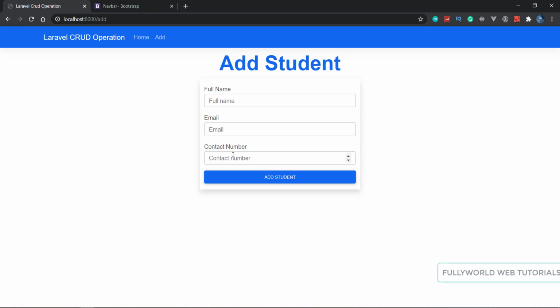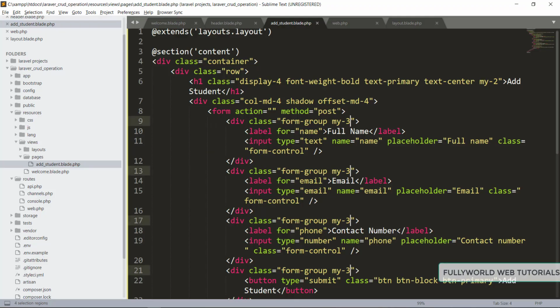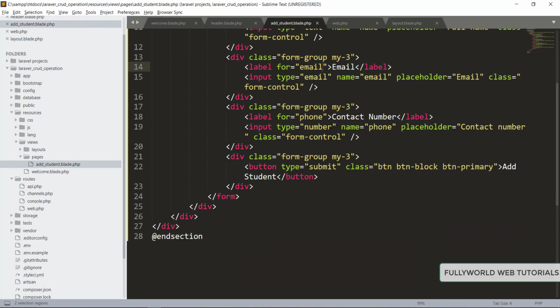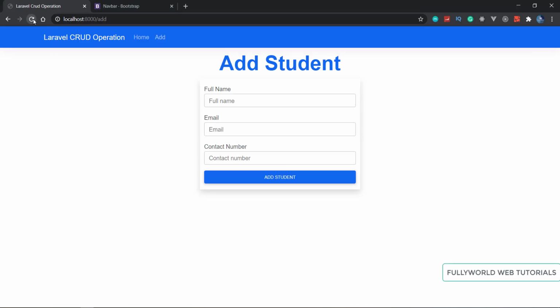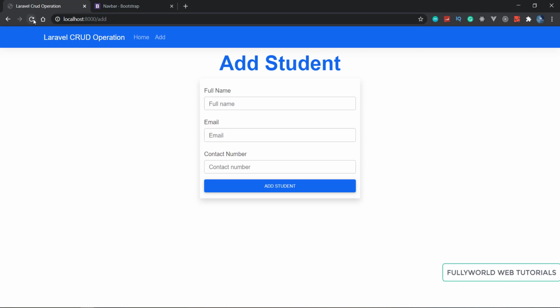See that now the margin is also looking good, and for the label I also have to add margin. So for the label I'm going to add class, so class will be margin y, 1 only. So reload it again. Now it is looking also good.